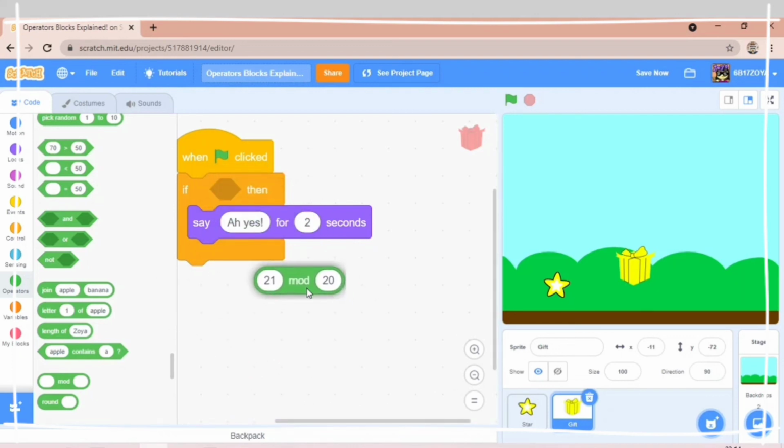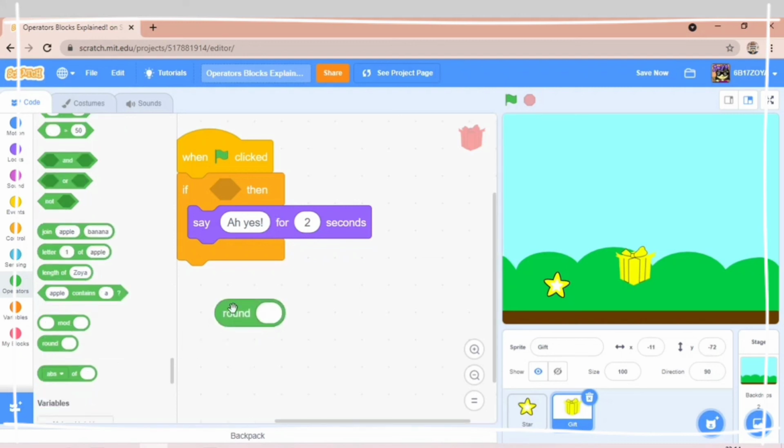You see, it works something like minus or something. I guess it works for division. I was learning about this, but I kind of forgot. And the round block, like I can take 15.5. Now 15.5, what's the closest? 16. But if I do 15.2, what's the closest? It's 15. So now I'll remove this.